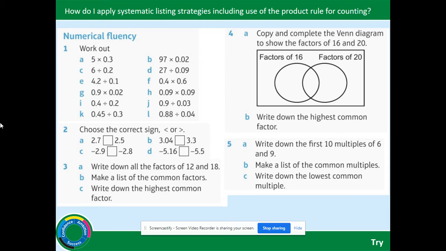Okay, so the first thing that we're going to do today is a knowledge check. We're going to go through a series of questions. You will try them all first, then I will go through the solutions with you. It's checking what you know already, and then we're going to apply that further as we go